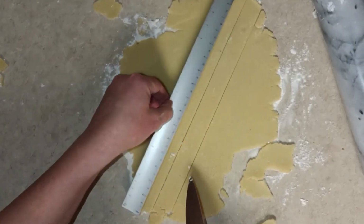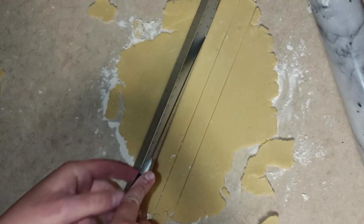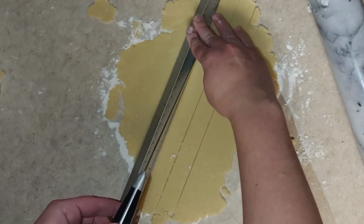Hi guys, this is Kate's Kitchen, and for today's project I will be making Prue Leith's chocolate, hazelnut, and raspberry